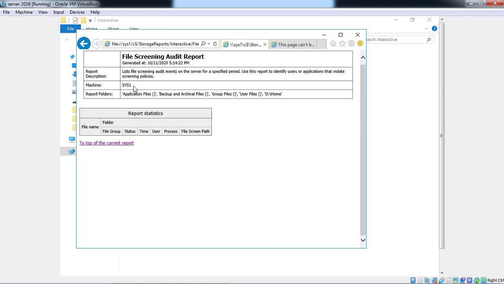You can find the file screening audit report. The application files and backup are the ones that we can select, and our machine name is system1.